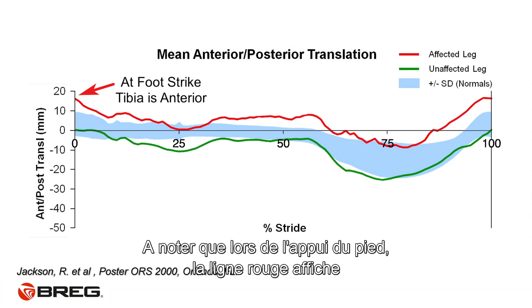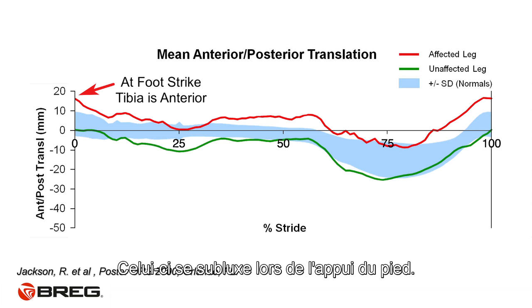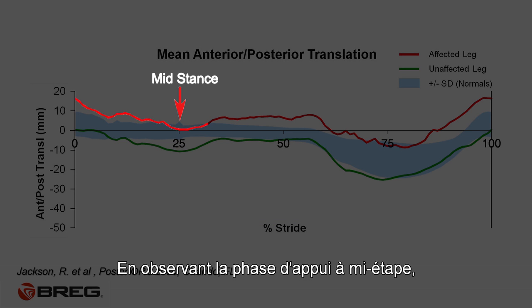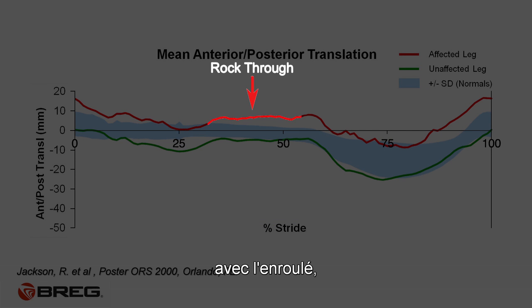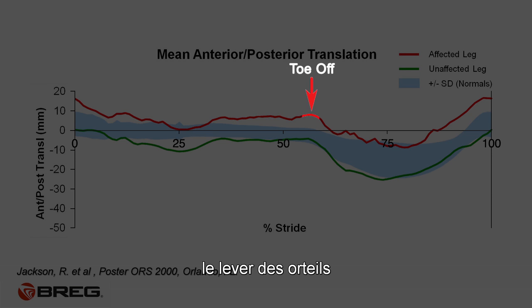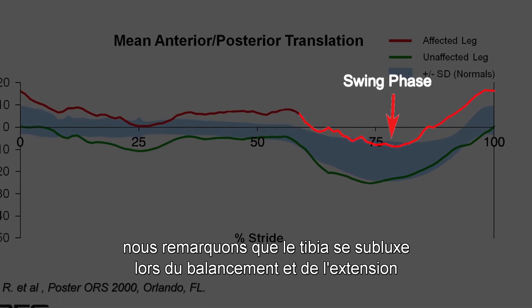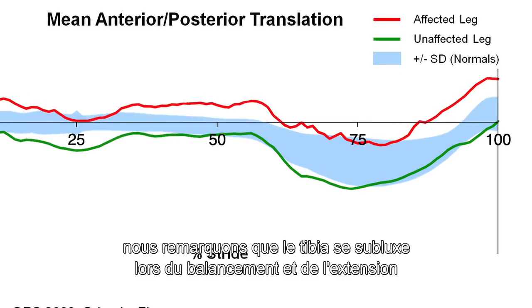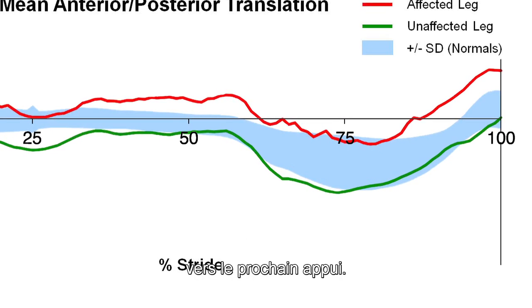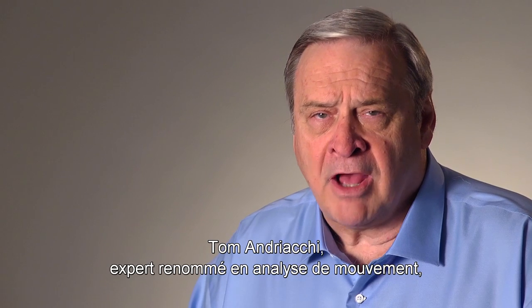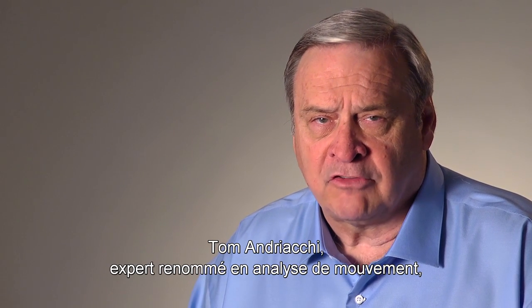Note at foot strike, the red line shows the tibia is anterior. It is subluxed at foot strike. As we go through mid-stance, rock through, toe off, and swing phase, we note that as we swing and extend toward the next foot strike, the tibia subluxes. Tom Andriacchi, a well-known motion analysis expert,